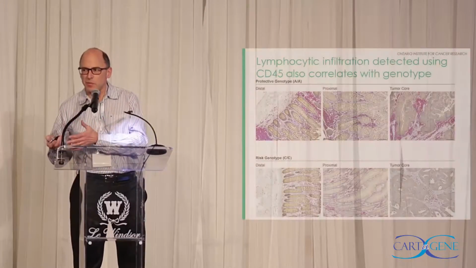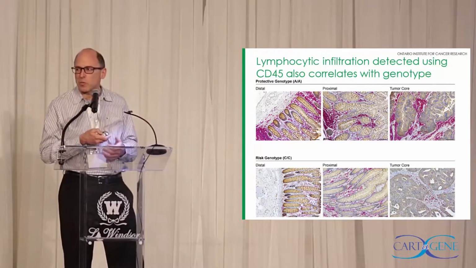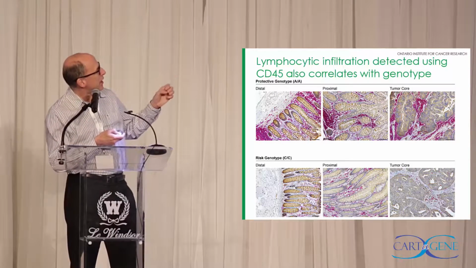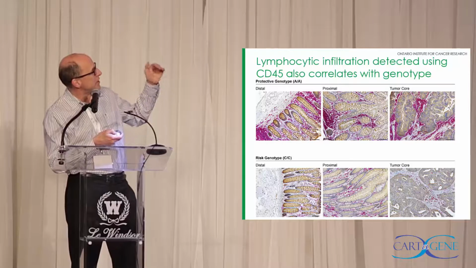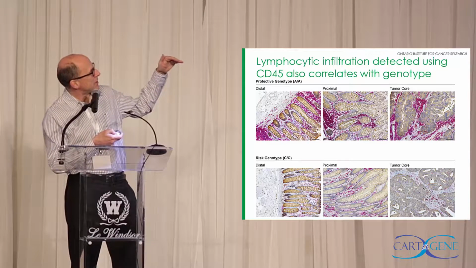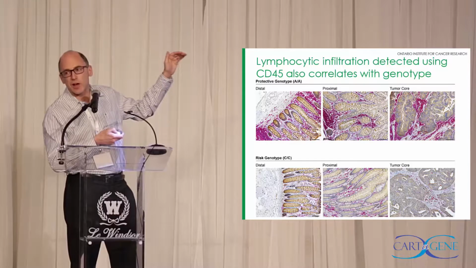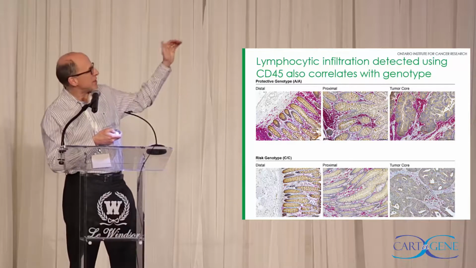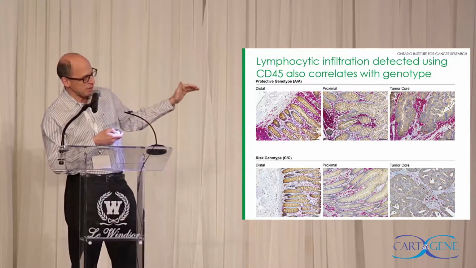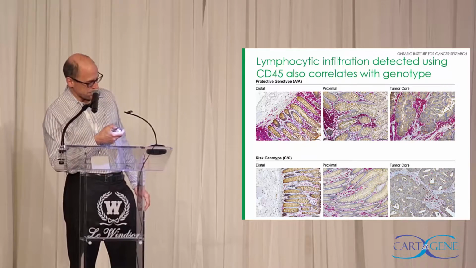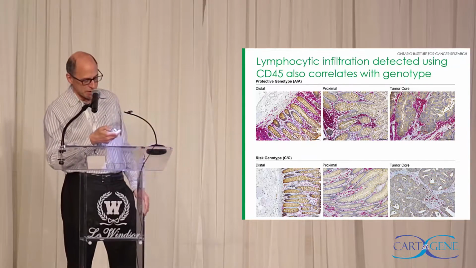So this slide is just to show you what I mentioned about lymphocytic infiltration. Our pathologist, when we were giving him different tissues from people who were protected or at higher risk, noticed there were more lymphocytes. So we're using a red marker here for lymphocytic infiltration, and on top is histology of colon mucosa, far from the tumor, close to the tumor, or within the tumor. You see a lot more red on top than at the bottom, and that's someone with the protective genotype on top, and the higher risk genotype at the bottom.